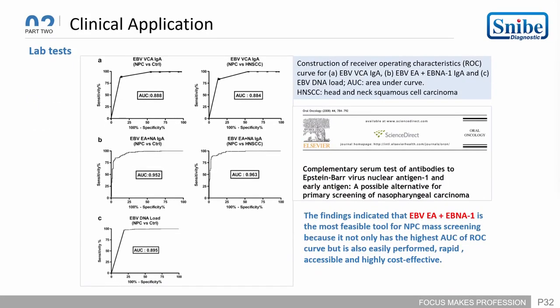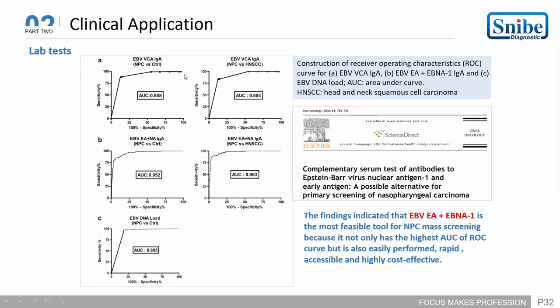So let's talk about the lab test. According to the complementary serum test of antibodies to the Epstein-Barr virus nuclear antigen 1 and the early antigen, there is a possible alternative way of primary screening of nasopharyngeal carcinoma. So you can see here the EBV VCA IgA and then the sensitivity versus the specificity. The overall conclusion is that the finding indicates that EBV EA and EBNA1 is the most feasible tool for NPC mass screening, because it has not only the highest AUC or ROC curve, but it's also easily